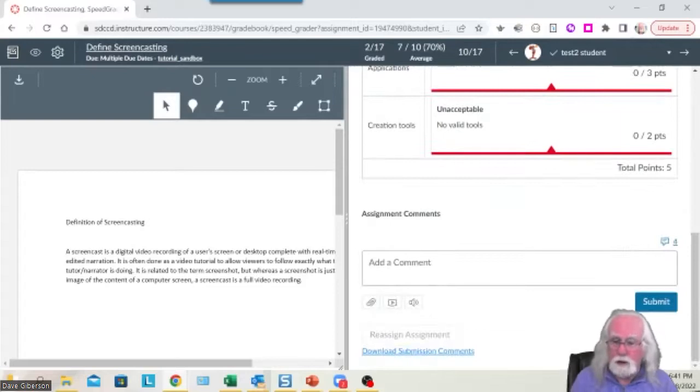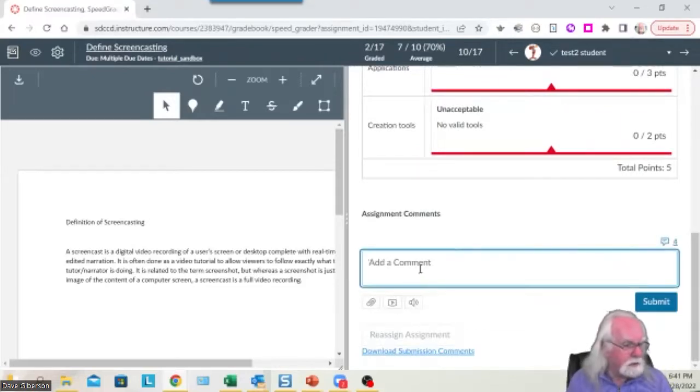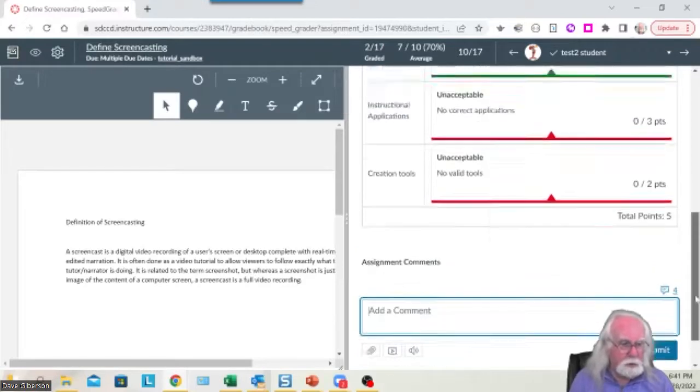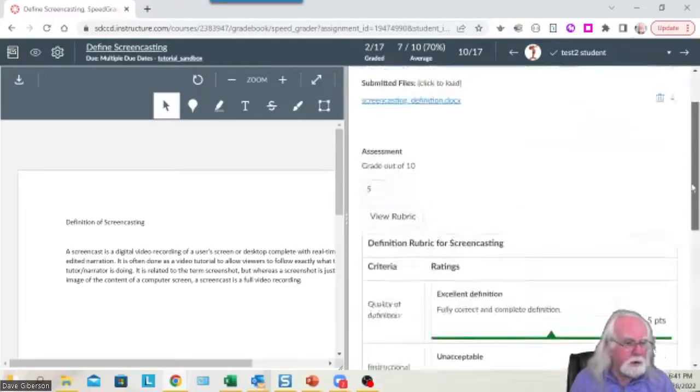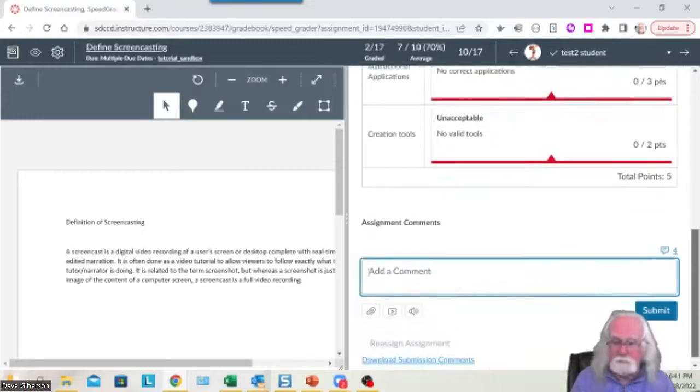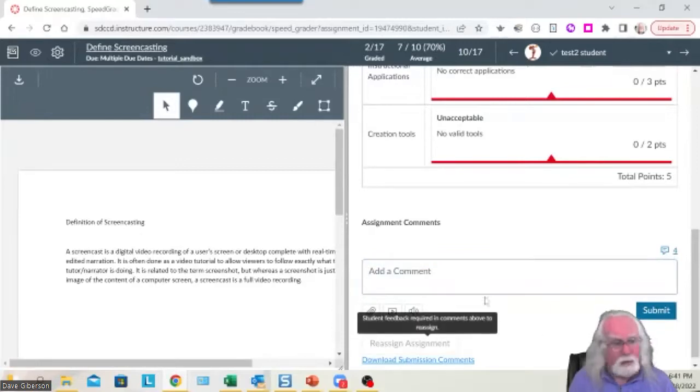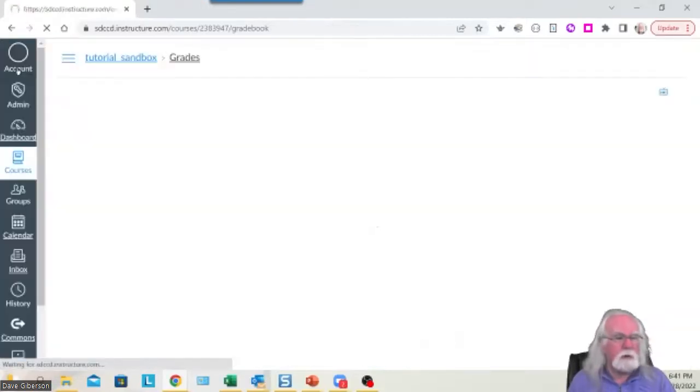They see why they got the grade that they got right there. I do, of course, have more options to provide feedback to them. I can type in comments, I can record a video for them, I can attach a file with more extensive comments, all the usual stuff we have in the SpeedGrader, but the rubric gives them some feedback more or less automatically. When I'm done with that, I just submit that grade and go back to the grade book